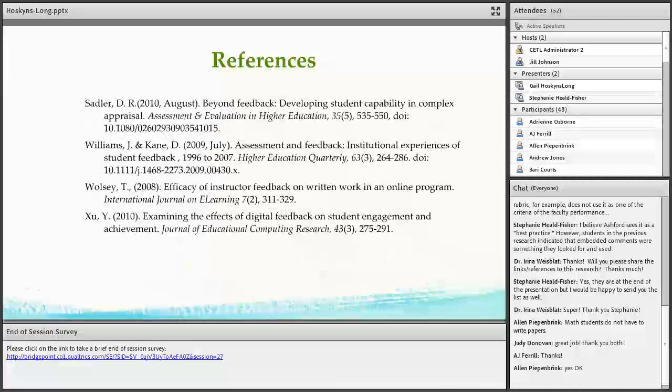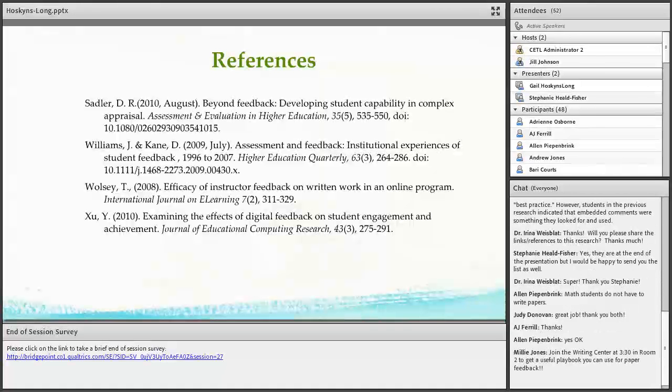I'm also sharing the references because Dr. Arena asked to see what our references were. Are there any other questions? Are there any best practices that you use that we didn't have that you'd want to share with us? Something we could learn from. Feel free to share those too.